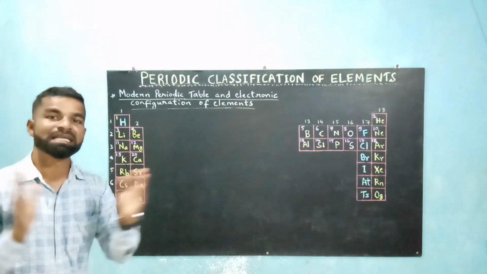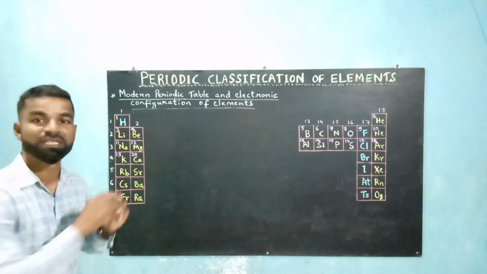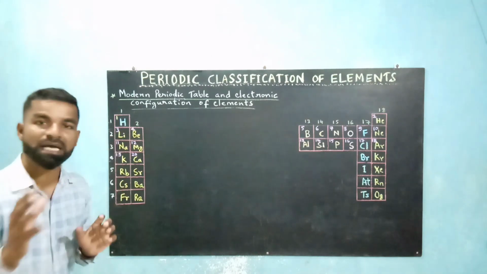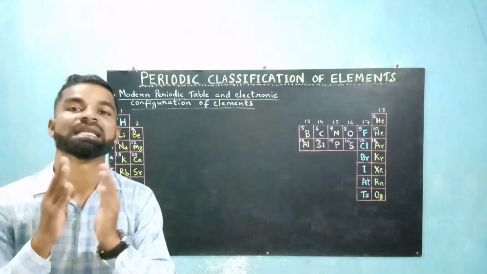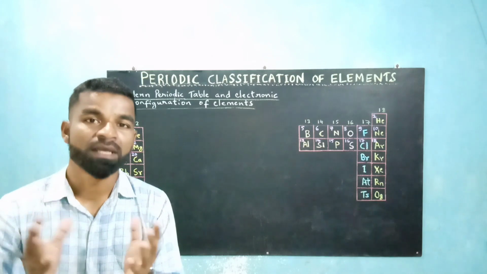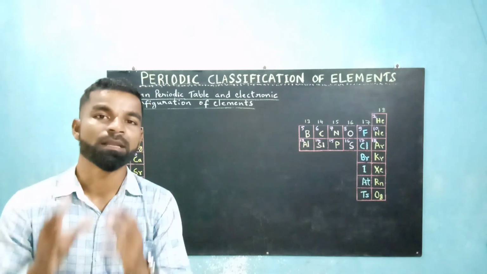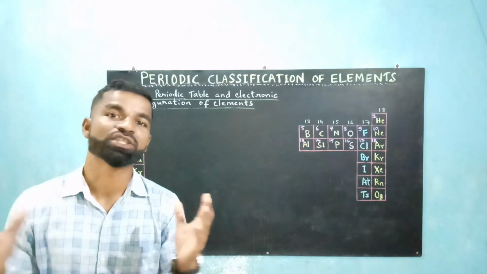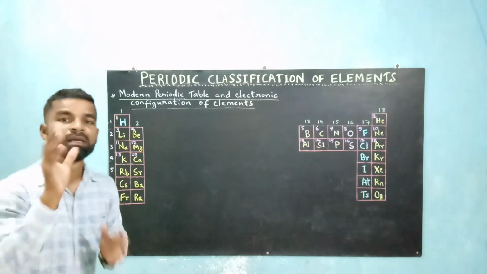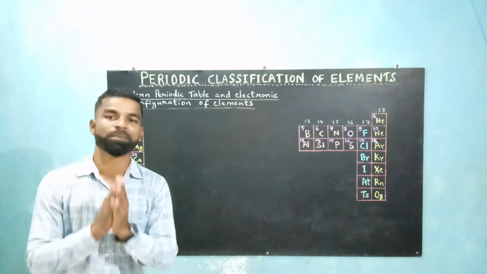They differ widely in their properties. But if you take an example of sodium and magnesium, which are the elements of period 3 and which are very close to each other, both are metals, both are highly reactive, both are shiny, both are fairly soft. They show many similarities in their physical and chemical properties. They do not show much difference. Even though sodium is slightly more reactive than magnesium, there is not much difference in their properties.